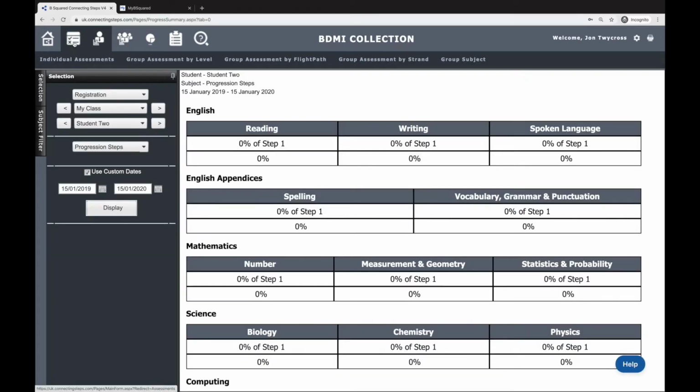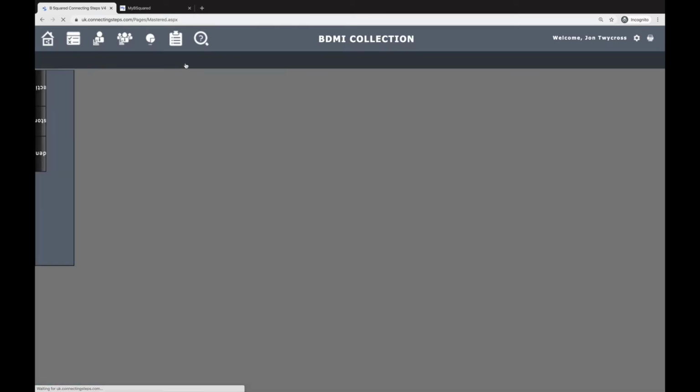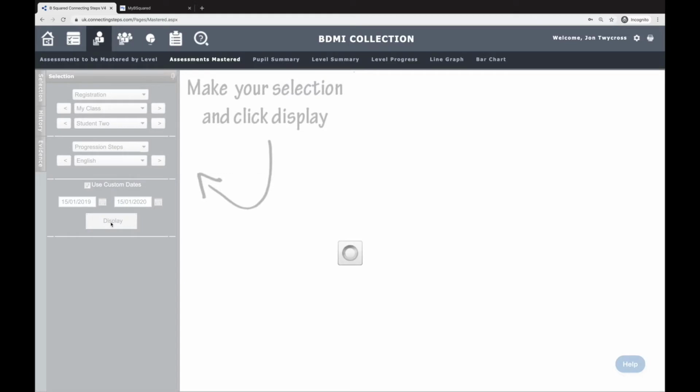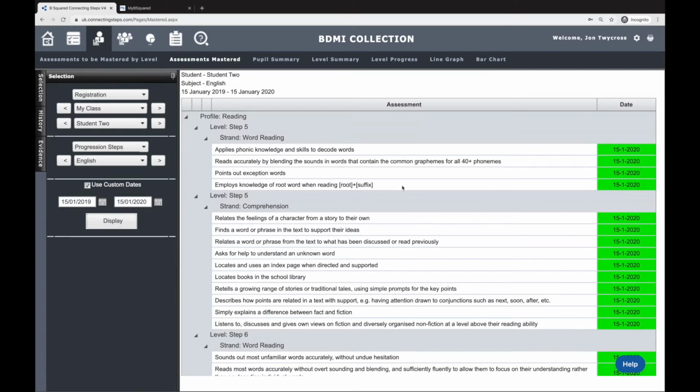But if I go to assessments mastered for this student for that same time period, have a look, you will see actually this student has indeed made progress. So why is it coming out as 0%? Well, the best place to find out what's going on is level summary. So if I go to level summary here,